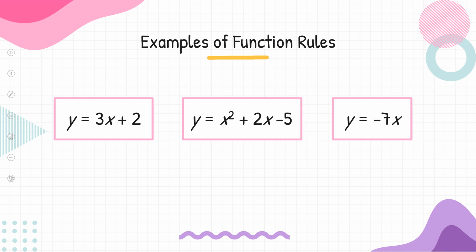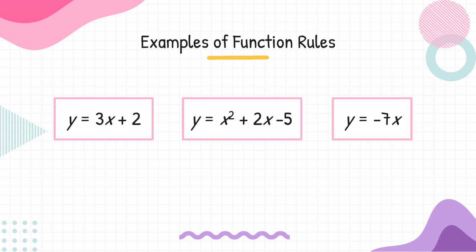So let's look at some examples here. I've given you y equals 3x plus 2, y equals x squared plus 2x minus 5, and y equals negative 7x. If we look at these, we notice some characteristics that we've seen from Unit 1. The first and third ones are both linear functions, and the middle one is a quadratic function. But these are all in terms of y's and x's, and what we're going to learn today is